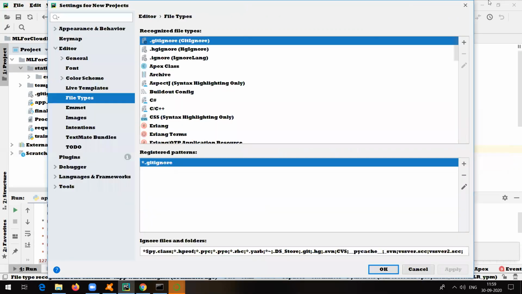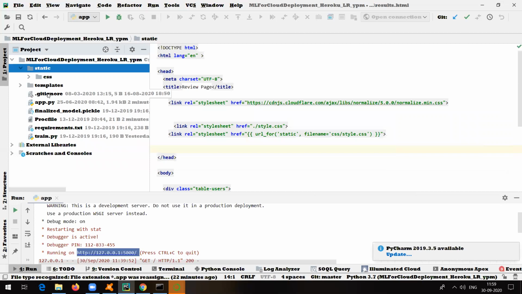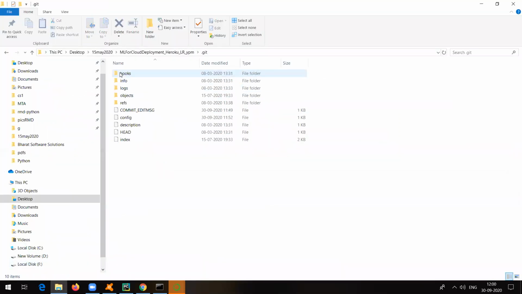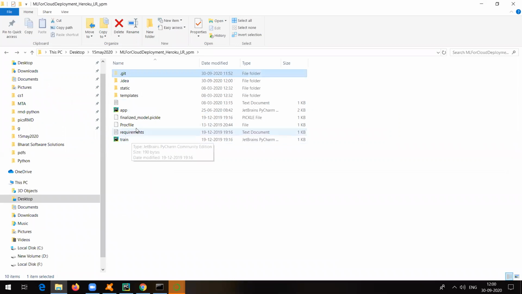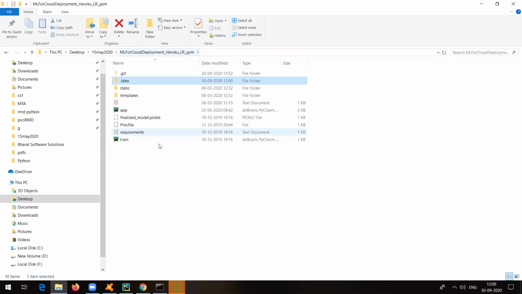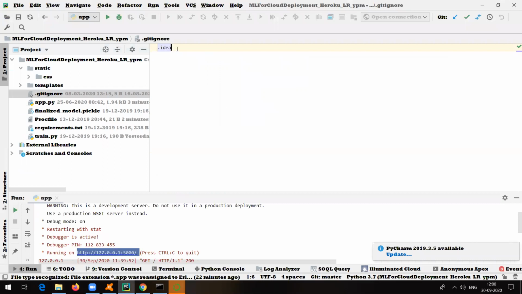Then there is one more file that is called .gitignore. Here you are able to see this one. It will be created. In our case, if I show you the folder here, you see this .git folder is there, right? If you go inside this, you'll be able to see all these files which are automatically created when you actually try to run this particular application. And this .idea folder will be having all the files and folders which should be ignored, right? So which files should be ignored? The files which are present inside the .idea folder. So that's why we actually use this particular name.